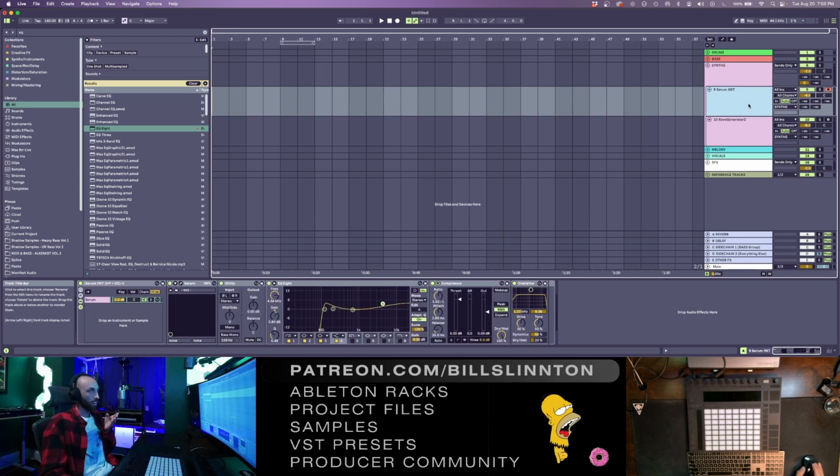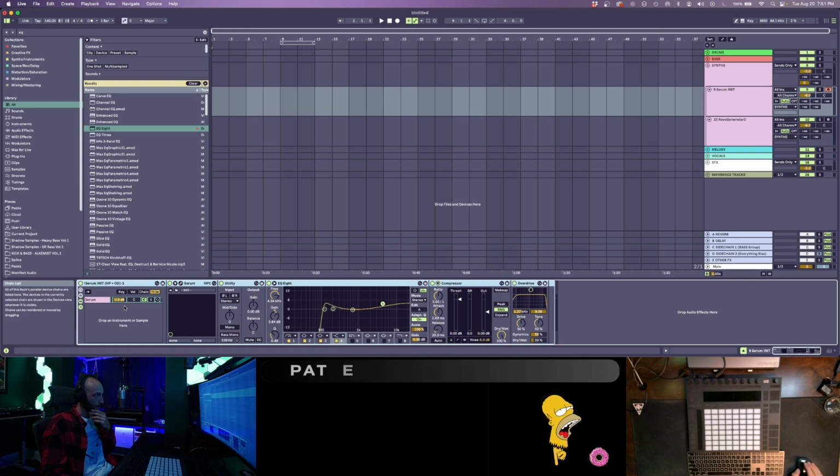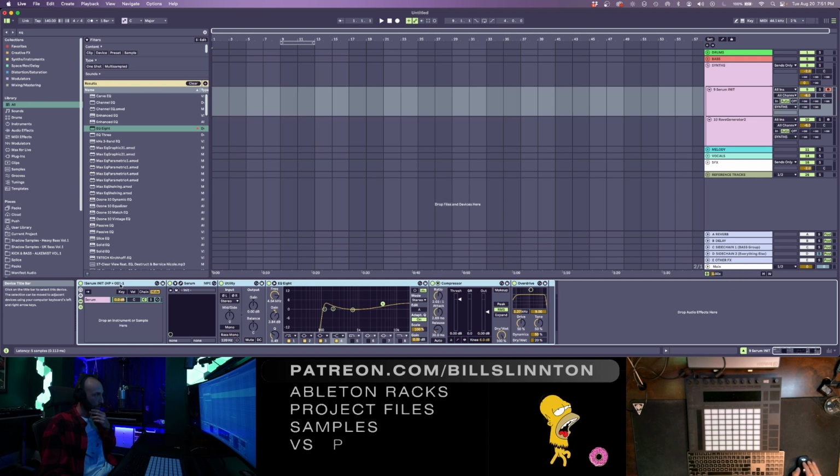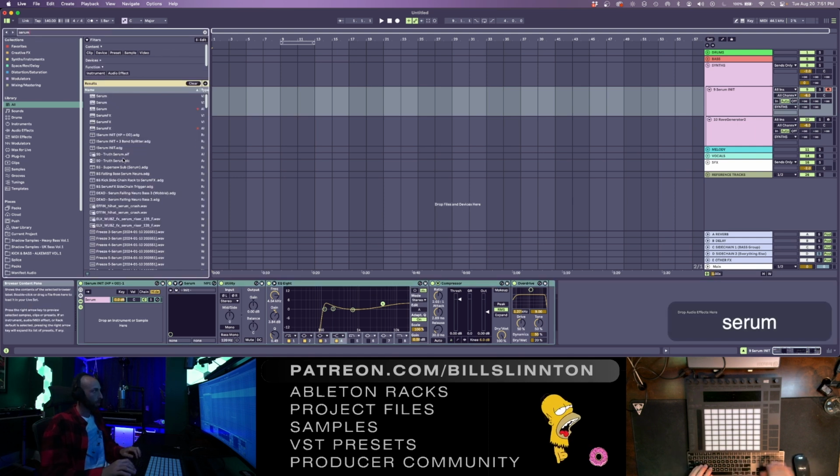And then I have a Serum initialized patch on this rack, which is pretty cool. I have it saved inside my Ableton library as this Serum init high pass plus overdrive. And it just kind of gives some extra presence to the highs and the low mids. And then usually what I like to do is add another Serum,